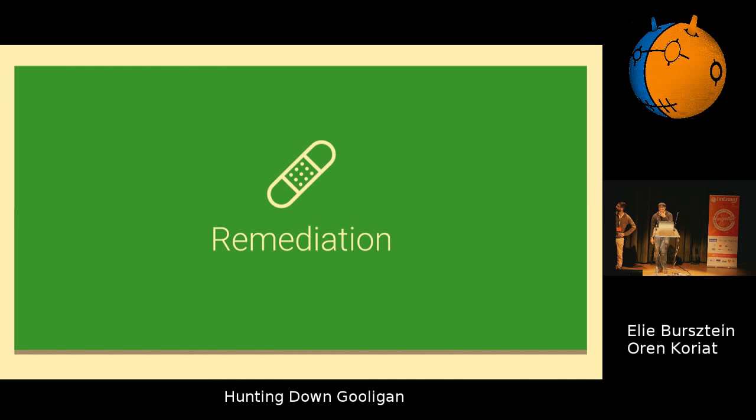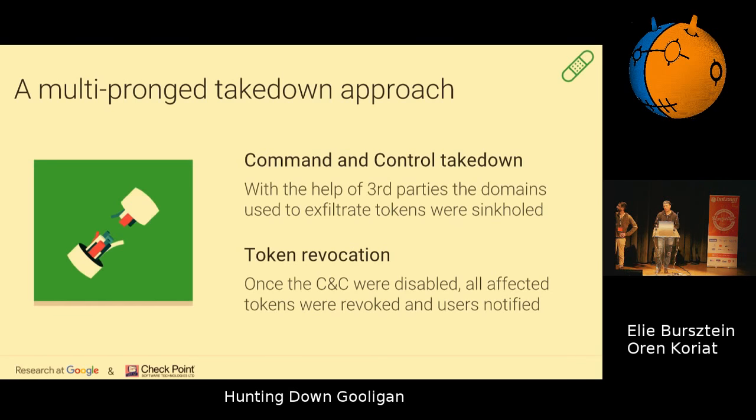So how do we clean up this? To do this, we had to take a two-pronged approach. So the first thing we had to do is work with third parties, including Shadowserver, to be able to sinkhole the domains. So we isolated the sample, and then we worked to make sure we had all the domains. And we worked to make sure those domains were sinkholed, so we prevent the exfiltration of the token. Do remember here that for people who didn't have trusted boot, asking them to do a factory reset would not have done anything because of the persistence mechanism. So we had to have a way to prevent the exfiltration of the token because any other remediation mechanism on the device would have failed.